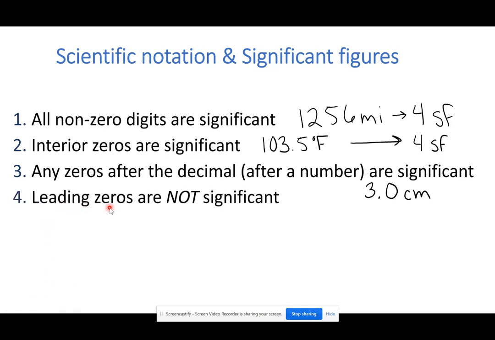Any leading zeros are not significant. A leading zero would be anything where you see a zero first, you don't see any other digit, a zero is the first thing that you see. So an example of this would be something like